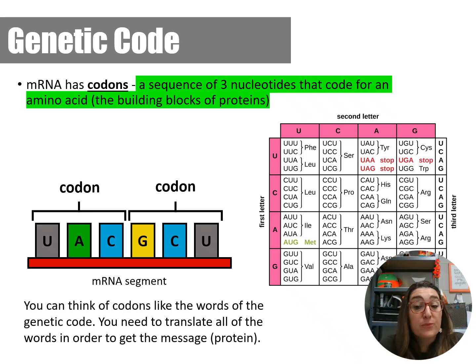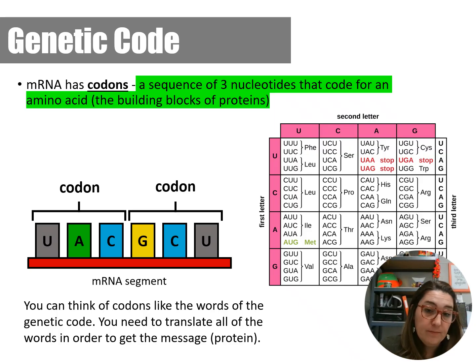So those sets of 3, like your area code, are called a codon. And a codon is a sequence of 3 nucleotides that code for a specific amino acid. So codons are like words, and you have to translate the words in order to get the right message. So the first codon is